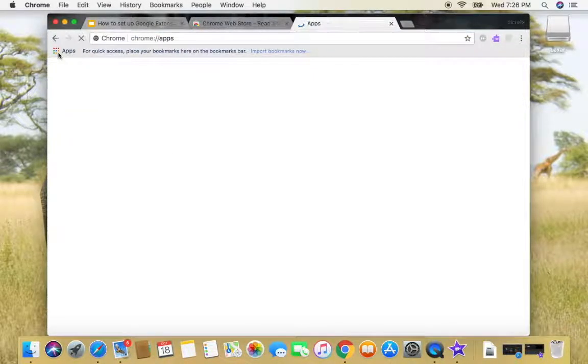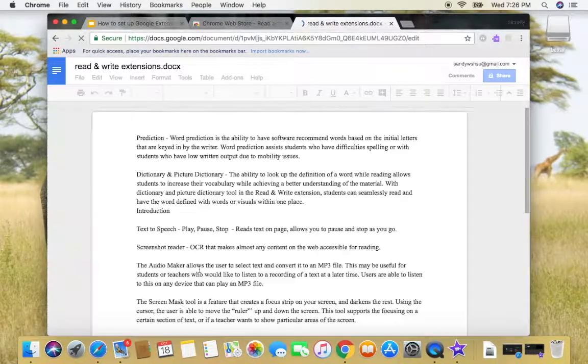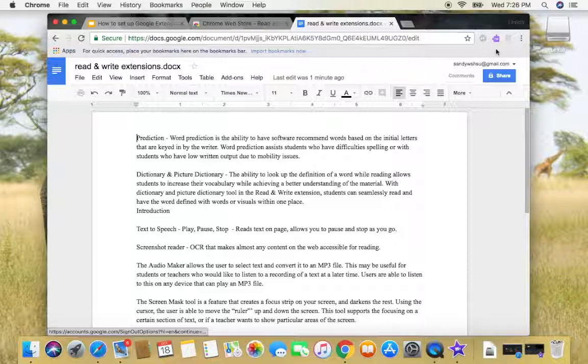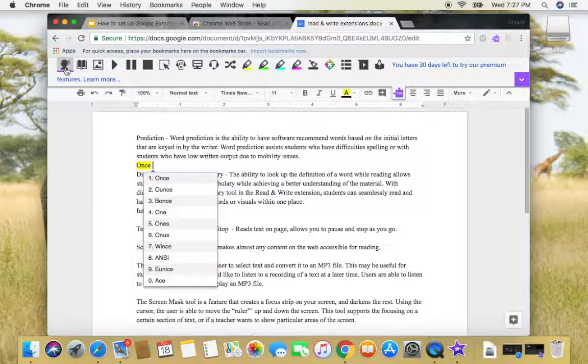I'm going to open a document now from Docs to give you an example of how you can use it. Basically, once you click on the purple Read and Write, it brings up the extension. The toolbar. The first one is prediction. That is where the software predicts the next word you may want to use. So you click on that and you type